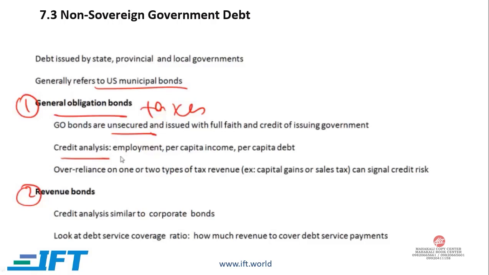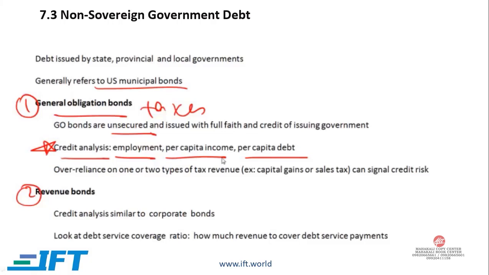So we look at items such as employment. So if employment numbers are good, that means that it would be relatively easy to impose taxes or raise taxes. We need to look at things such as per capita income. Again, if this is high, that makes taxation easier. Per capita debt. If per capita debt is already high, then imposing taxes might be difficult, and so on. So these are the main elements of